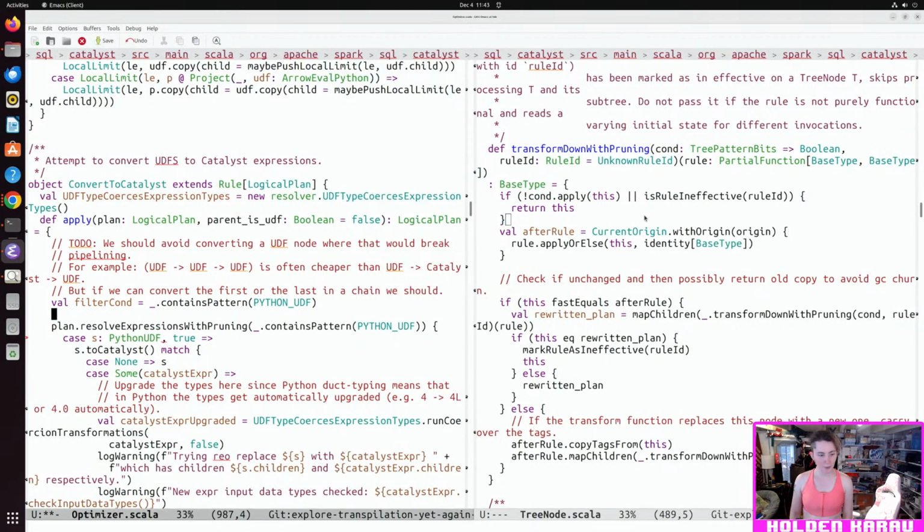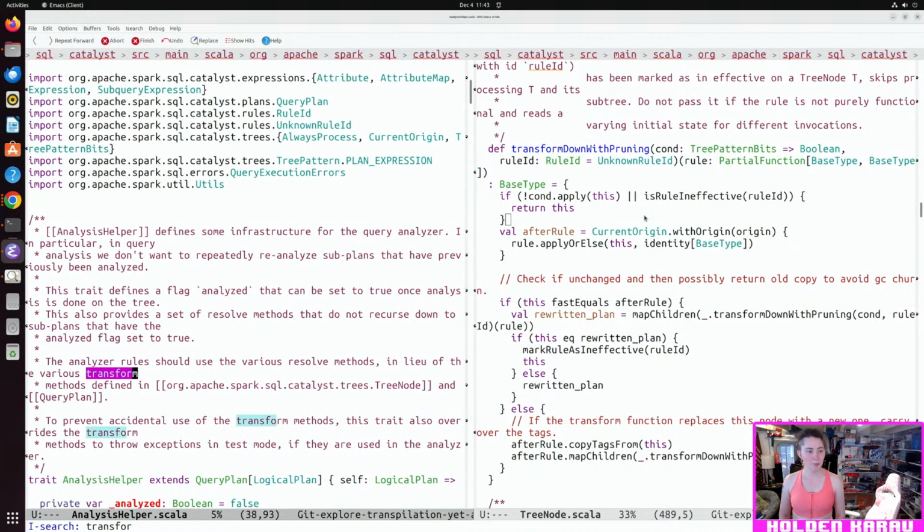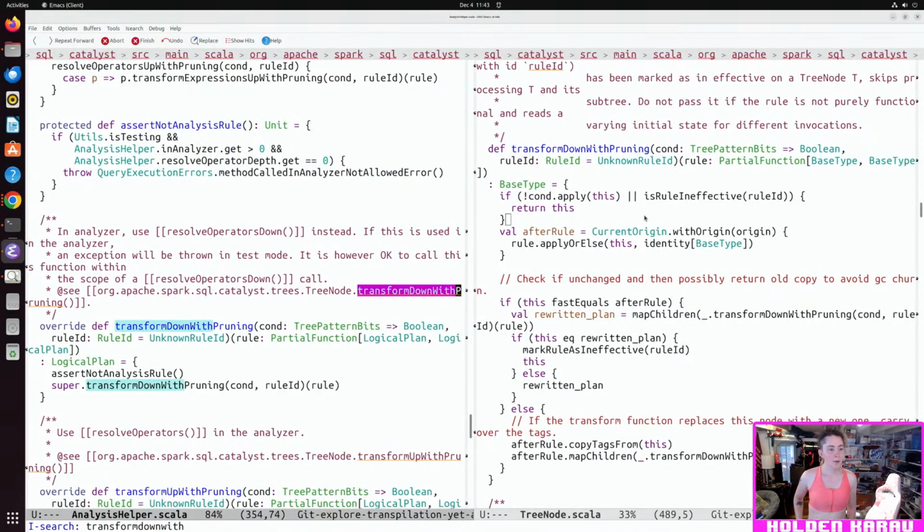Okay, let's go look at analysis helper. Transform down with pruning, in the analyzer use resolve operators down. Okay, fine. Transform down with pruning. Partial function, logical plan, logical.